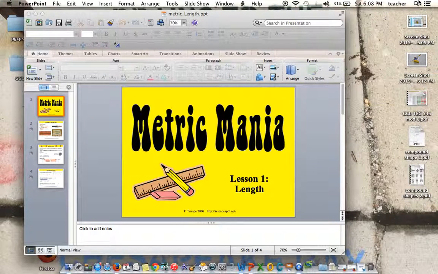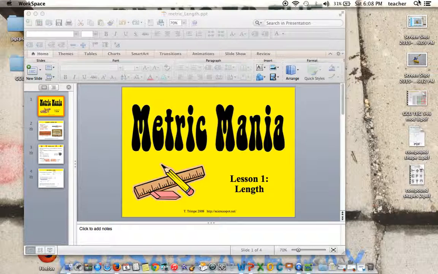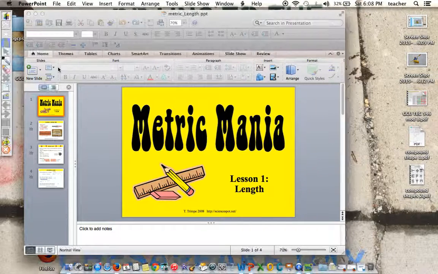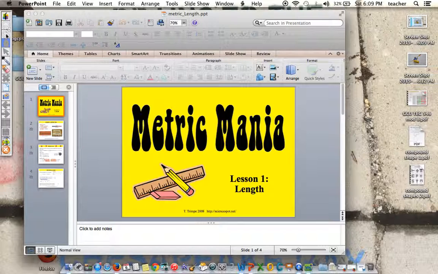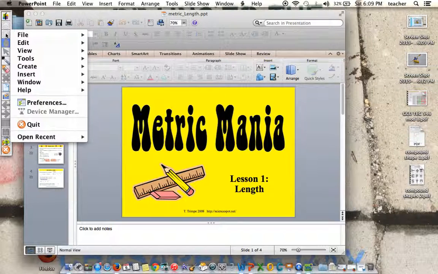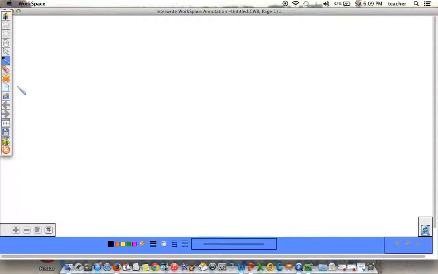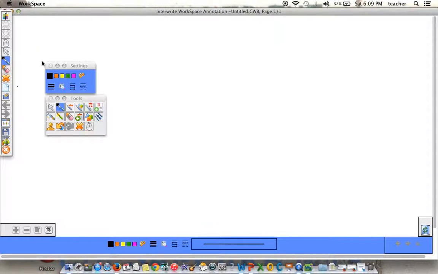So this is the e-instruction Interwrite Workspace, interactive to go with our whiteboards. Sorry it's taking so long. Now the workspace is opened here, and if you don't remember, this minimizes. This is the file button. Right now I'd like to go ahead and make a blank page, and I'd like to make a couple columns